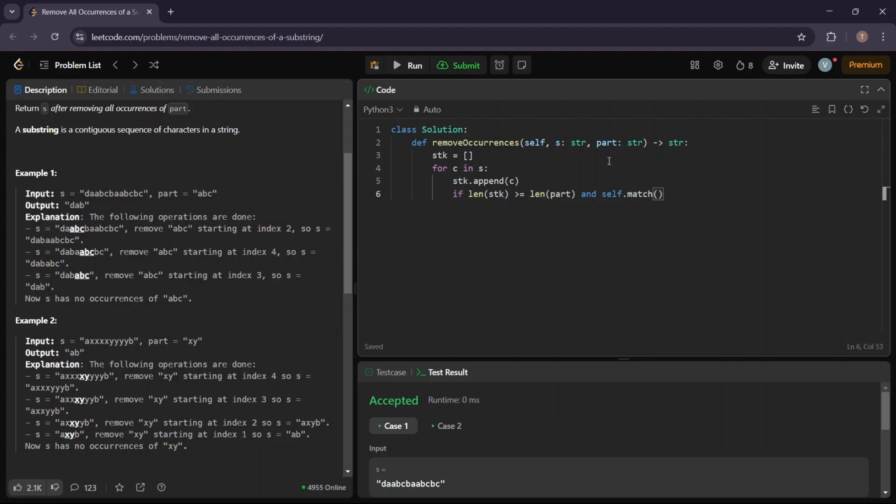So we'll write a helper function here called match that will take the stack and it will take part, and it will either return true or false if it matches. And if it matches, we know that we have to remove the top k characters, where k is the length. So we can write a loop to remove the top characters from the stack if it matches, right? And in the end, whatever remains, we have to return that. We have to convert it into a string and return,